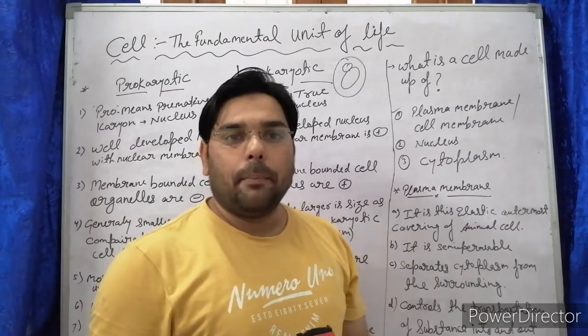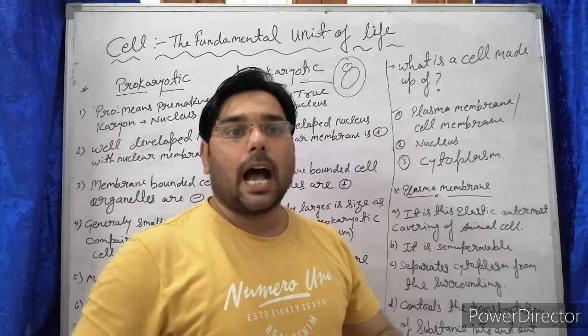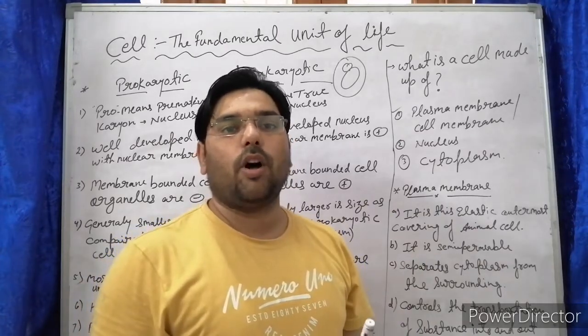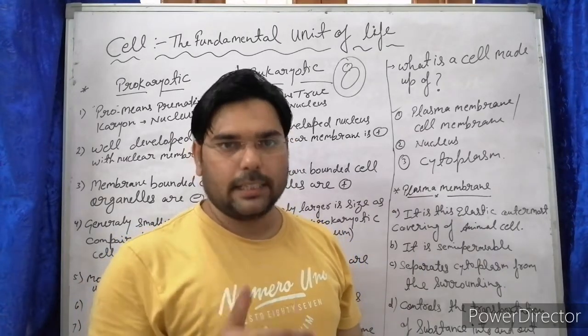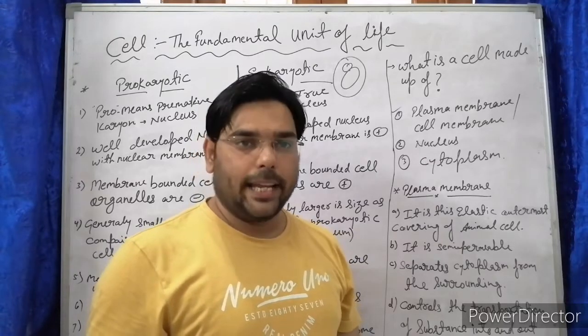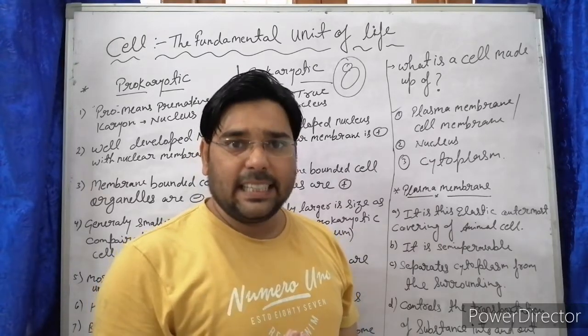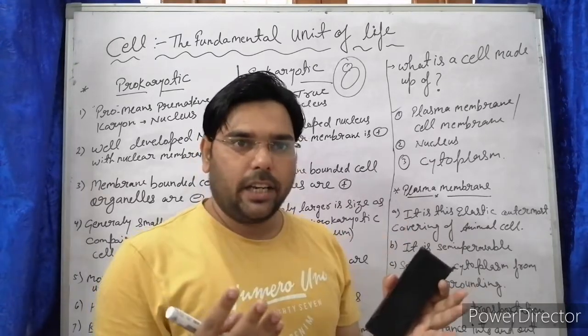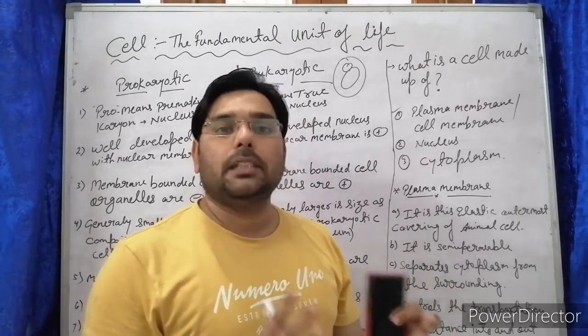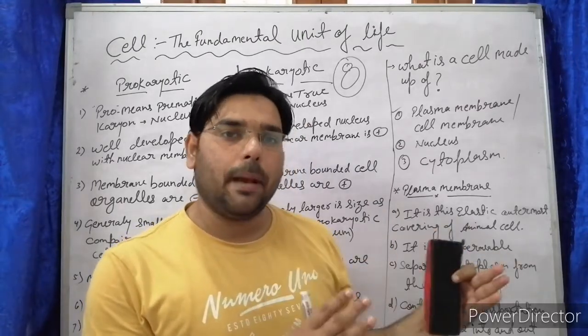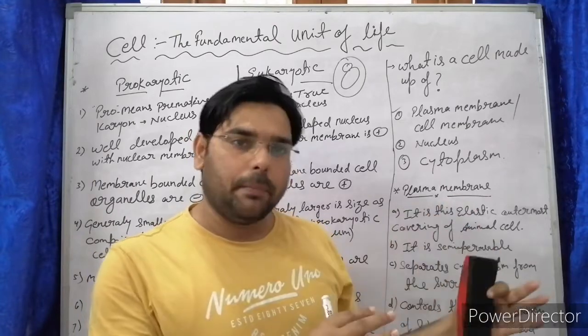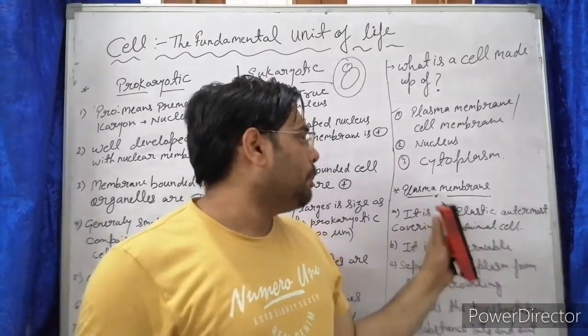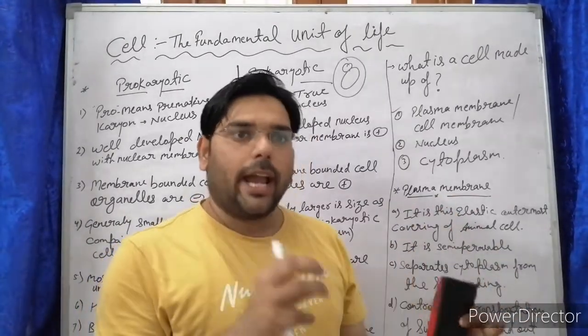Student, plasma membrane or cell membrane is the outermost covering of animal cell. It is elastic, very thin and elastic. Plasma membrane is also called semi permeable membrane or selectively permeable membrane, because plasma membrane manages the entry and